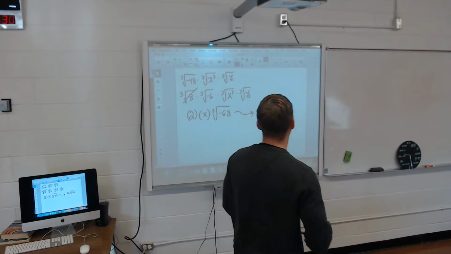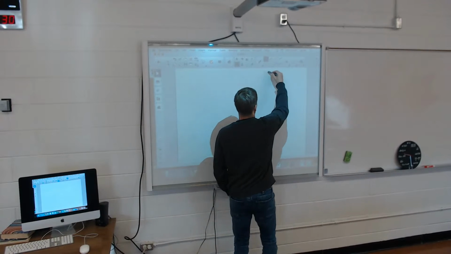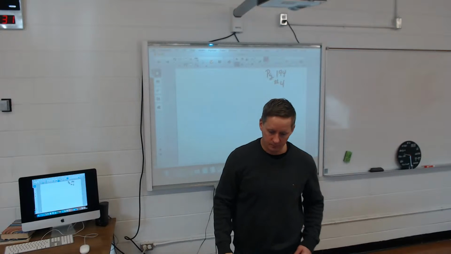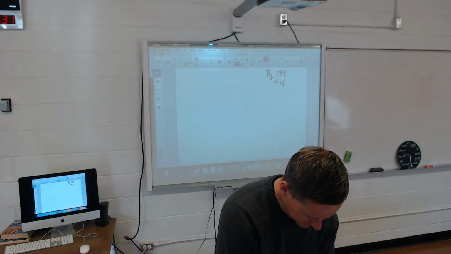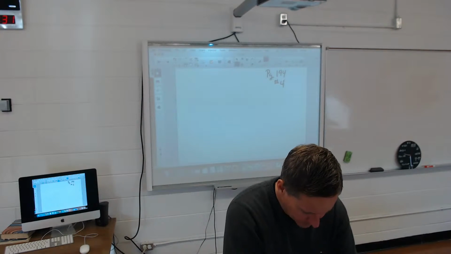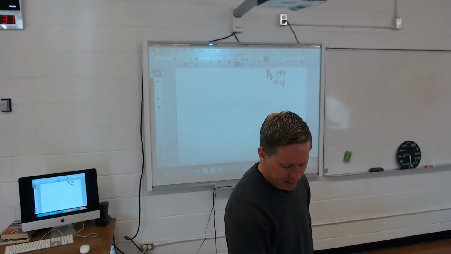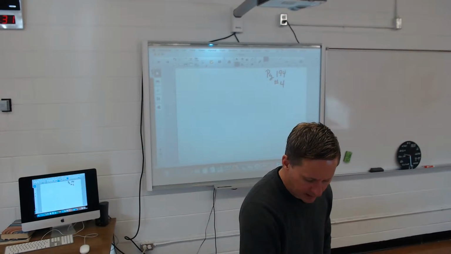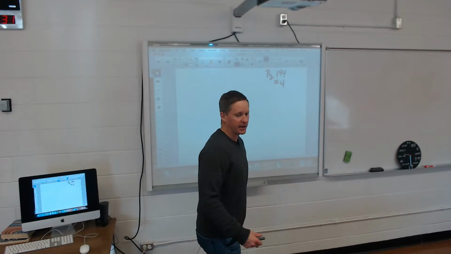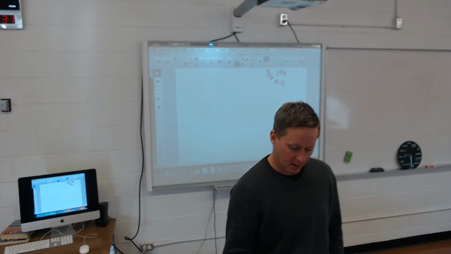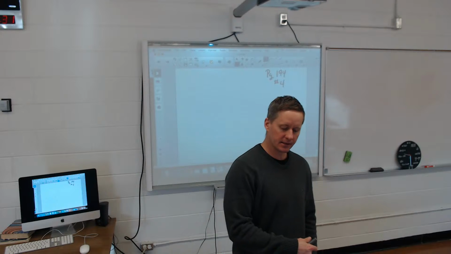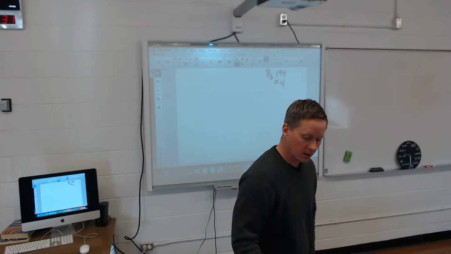Page 194, number 4. Okay, state a radical expression that would form a like radical pair for each expression. Okay, so basically what you're doing is you're taking an entire radical or whole radical and changing it to a mixed radical, and then changing it to a whole. So for the first one,